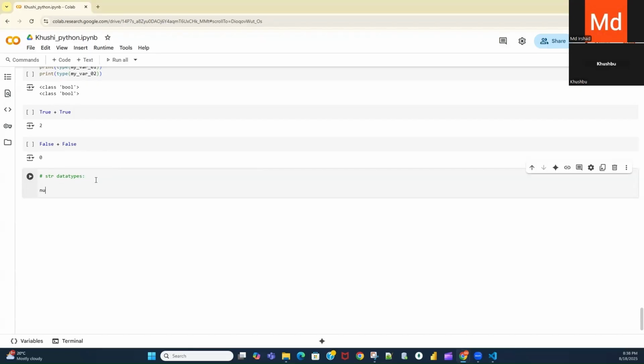For example, let's say I'm giving num equal to 10, and if I want to see the type of this, there is a type function, and I will pass this variable here. This type function is an inbuilt function in Python which will tell you the type of this variable. Basically, it will tell what type of data this variable contains. First this code will execute, and I already told you that based on the value, Python will assign a data type to this variable.